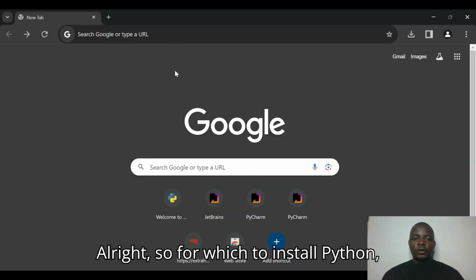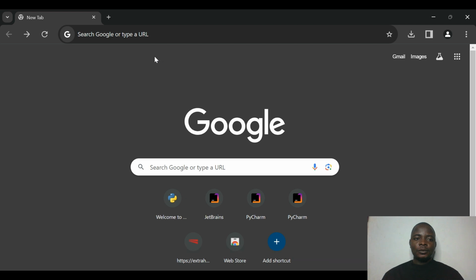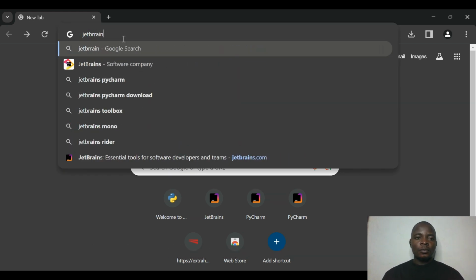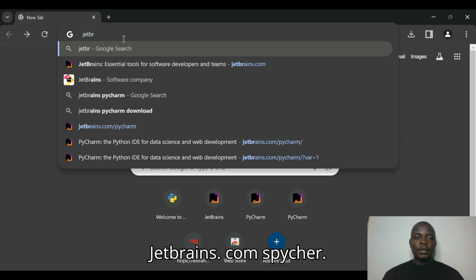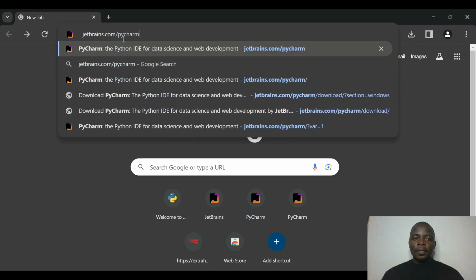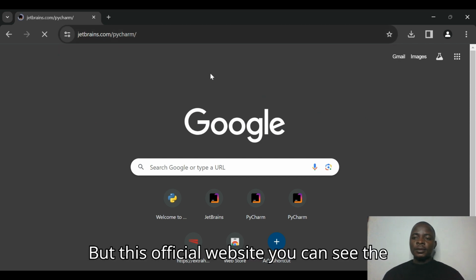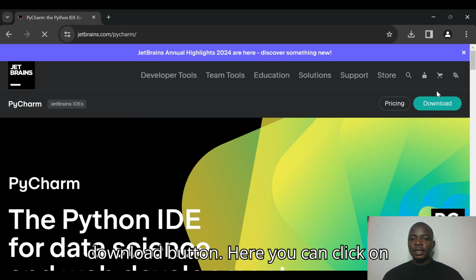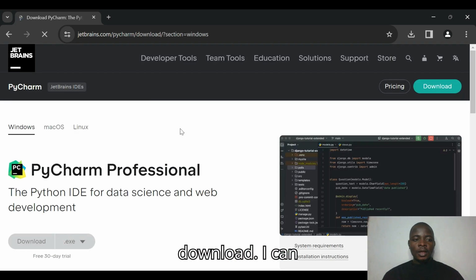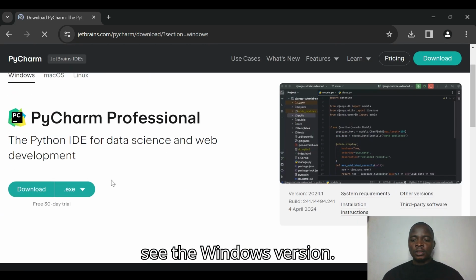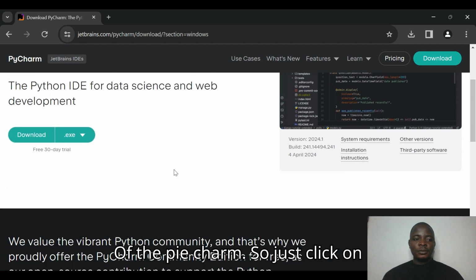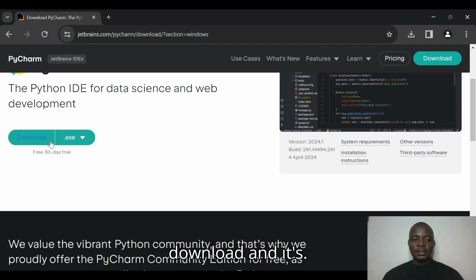All right. So to install PyCharm, just head over to JetBrains, jetbrains.com/PyCharm. Now this is the official website. You can see the download button here. You can click on download, and you can see the Windows version of PyCharm. So just click on download, and it's for